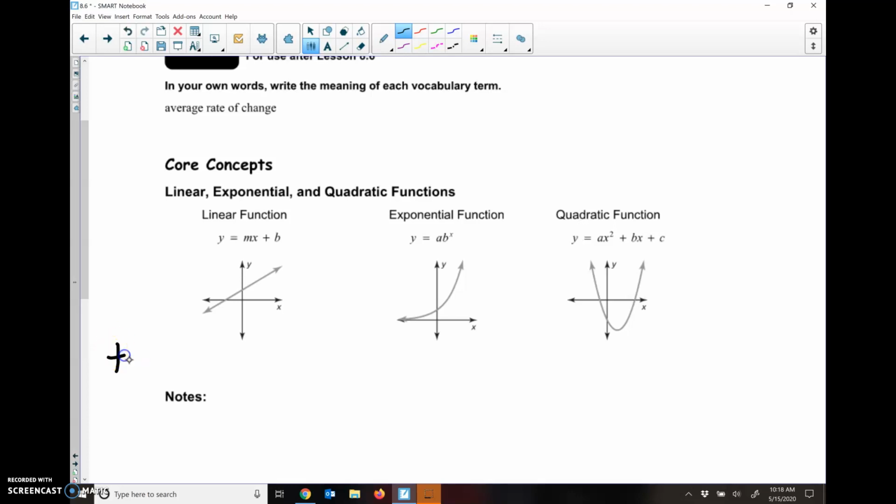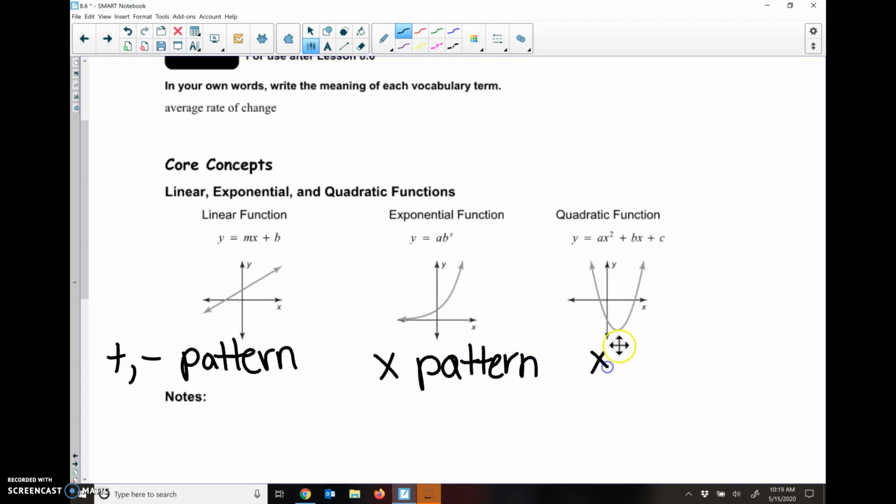Remember, linear, the y's have to have an adding or subtracting pattern. So look at the y's. If they have an adding or subtracting pattern, you know it's going to be linear. Exponential has a multiplying pattern. Quadratic also has a multiplying pattern, but the multiplying pattern in the quadratics is going to end up repeating